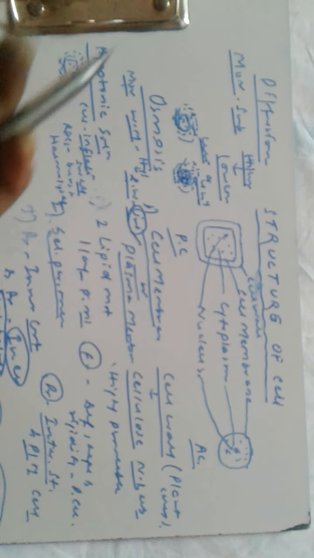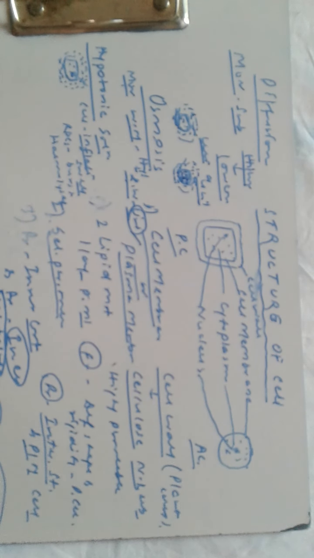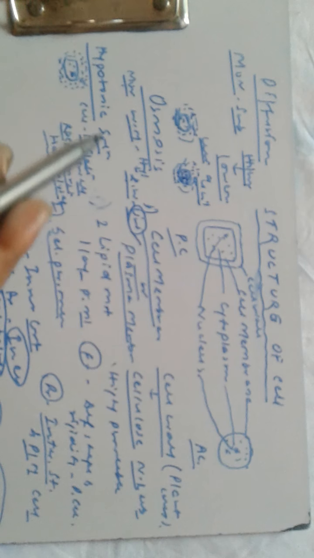So what is hypotonic solution? Hypotonic solution is such kind of solution in which the concentration of water molecules outside the cell is more in comparison to the cell. As a result, there will be movement of water molecules inside the cell, and the cell will inflate. In the case of red blood corpuscle, it will burst, and that particular bursting process is known as hemolysis. And what will happen to the RBC? It will get hemolyzed.